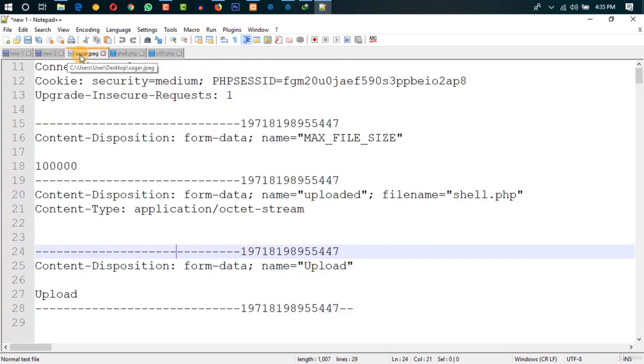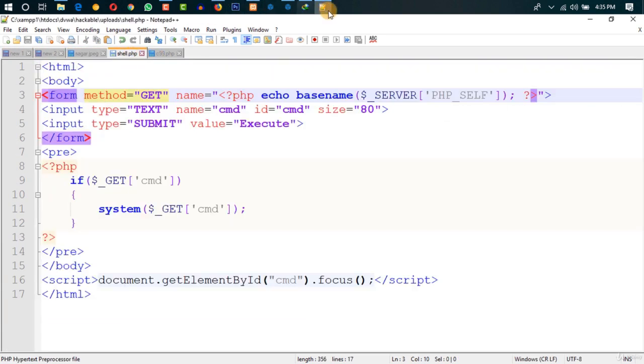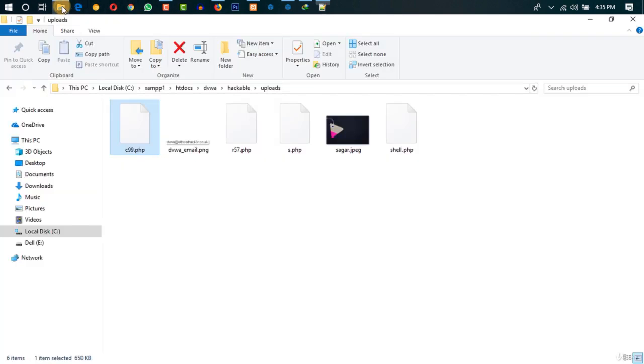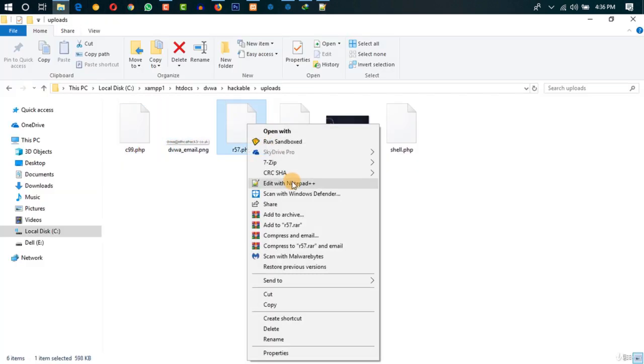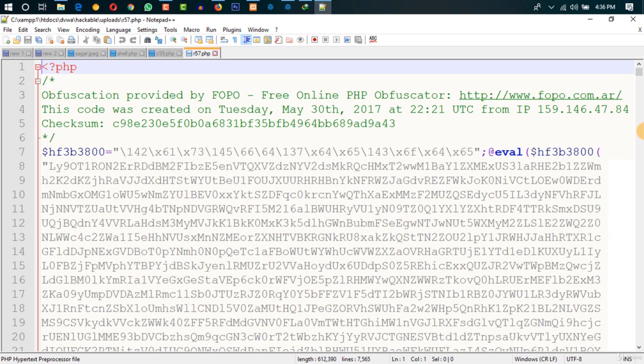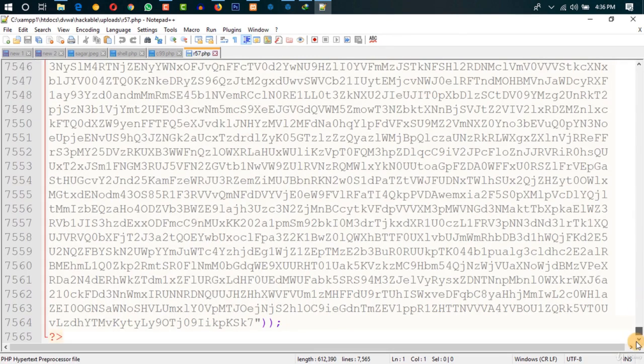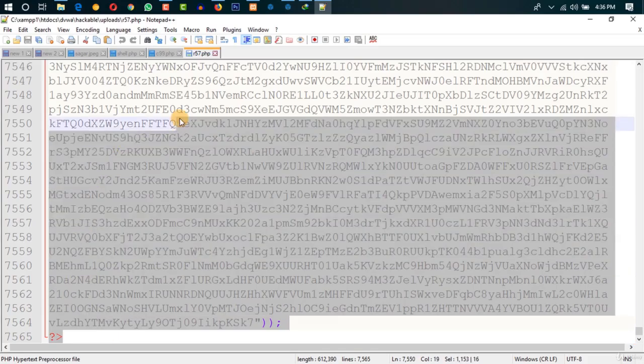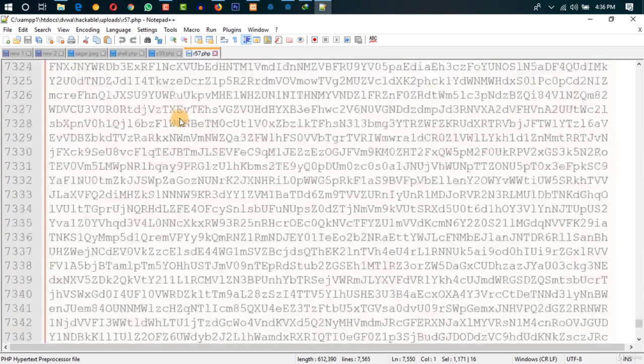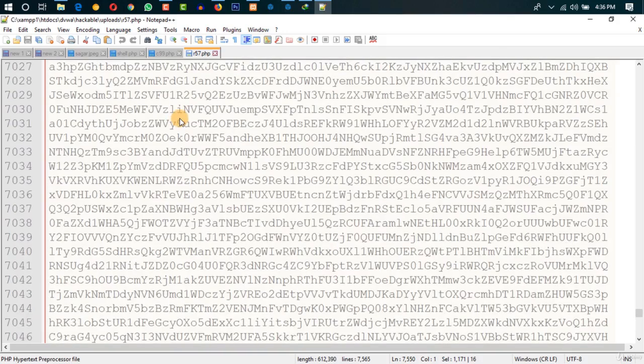There are some other shells, like the R57. Let me show you how big that is. R57 is also around a similar kind of length. It is 7,665 lines of code, and they provide you all the features like executing commands, scoping files, uploading files, even the full system shutdown. So you can pretty much go ahead, download them, play with them,